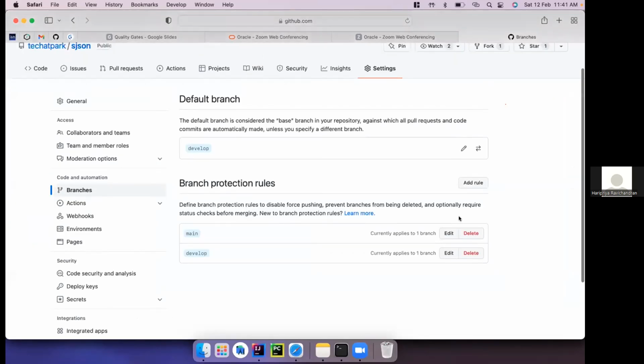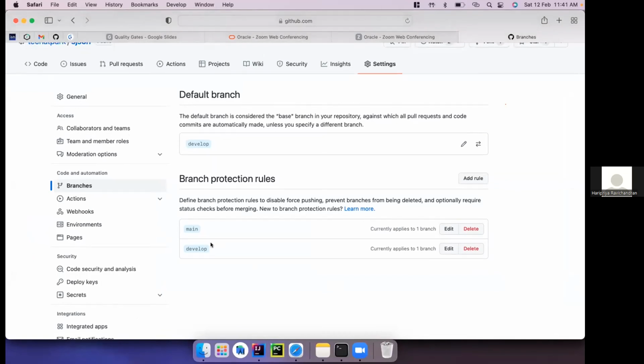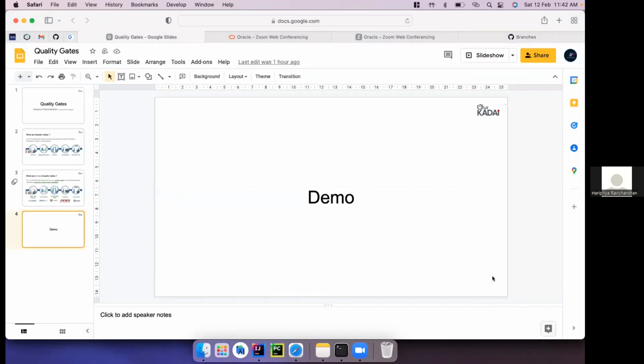Here for the JSON package, we have just two branches for now, develop and main. If a new solution or new code has been done, we'll do it in a separate branch, and that branch has to be pushed to develop first, and we have to create a pull request for that. If we need to push something from the develop branch to the main branch, we also need to create a pull request. That can be done through these branch protection rules. Here, my develop branch and the main branch both have been protected with branch rules. So this is the final thing in the rule check.